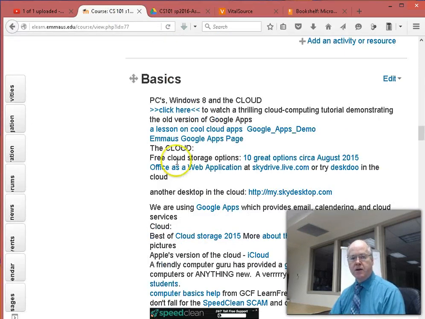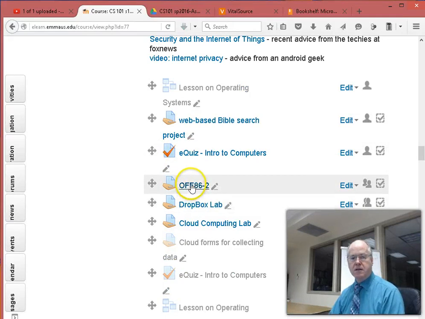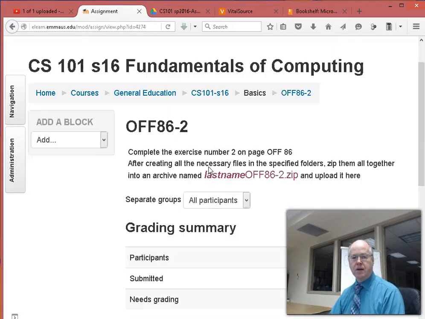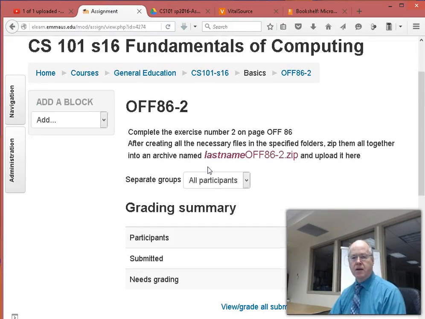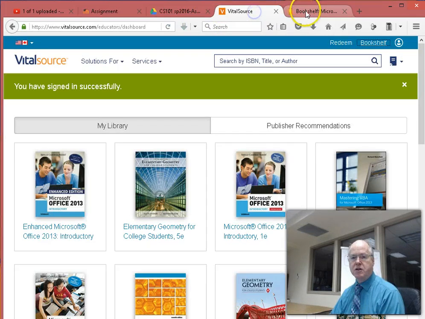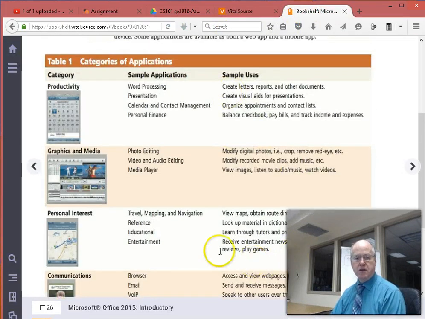Down here in your basics. Is that the one? I think that's the one. We're creating a bunch of files according to instructions on page 86. So the assignment would be named with your last name, OFF 86-2. Now let's see if that is indeed the correct page. I'll go over here to my book and go to page